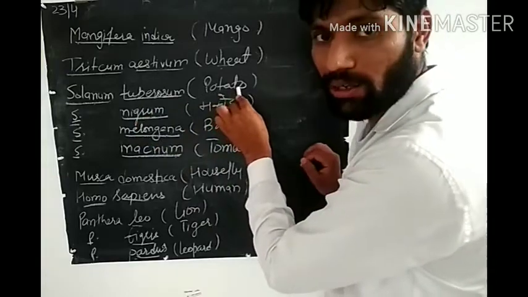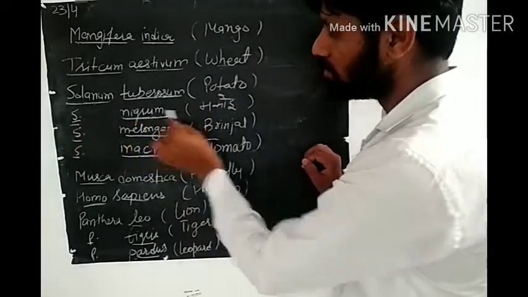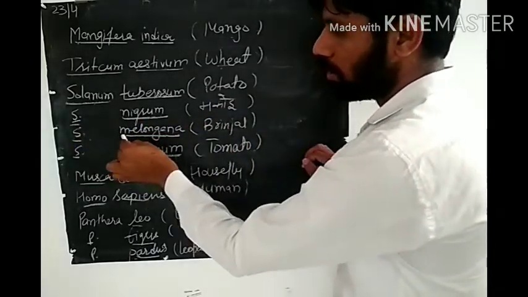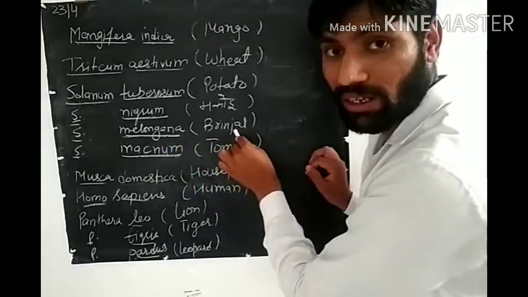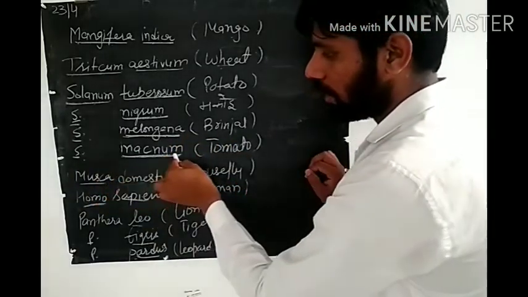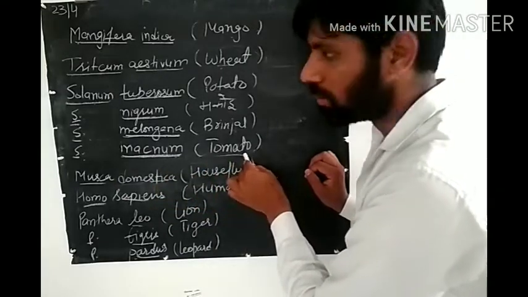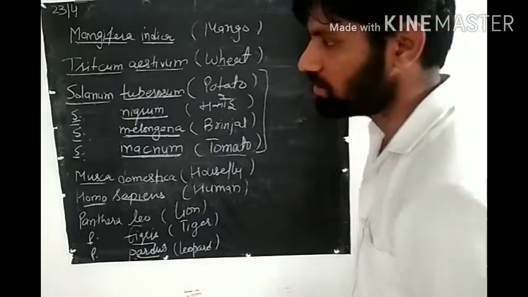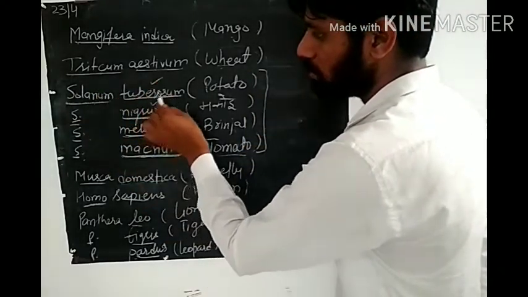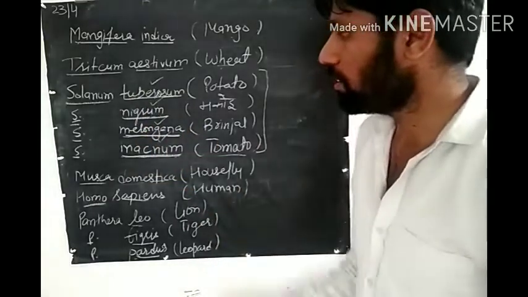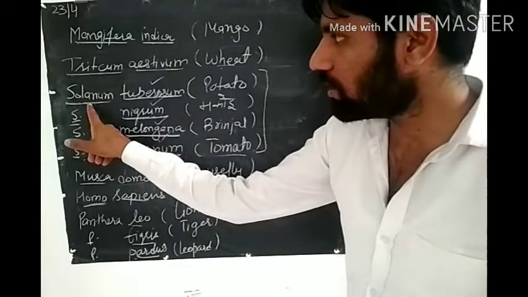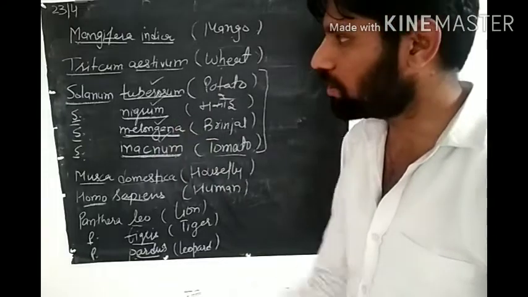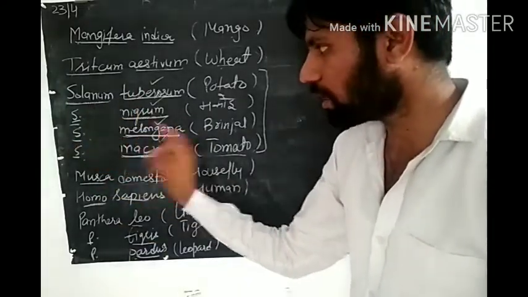that is potato. Next is Solanum nigrum, a makoi, I will show it in a while. Then Solanum melongena, that is brinjal. Then Solanum lycopersicum, that is tomato. Now see here, there are 4 different species. This is the genus, this is the species. Species 1, species 2, species 3, species 4. For all 4 species there is a single genus. That means the species is very specific. Under one genus there may be different types of species.